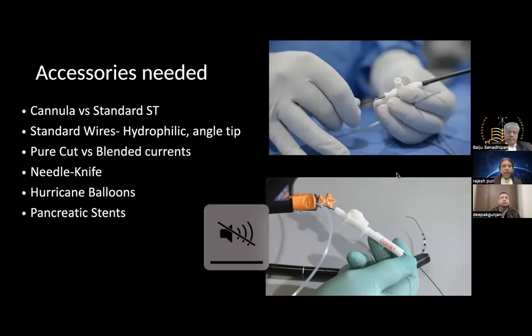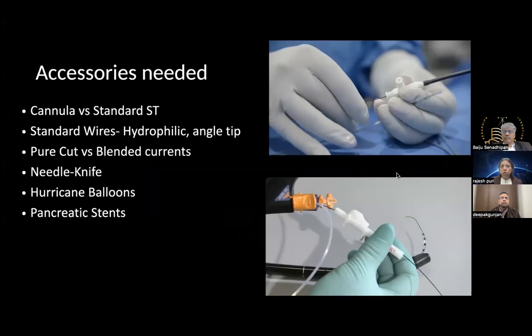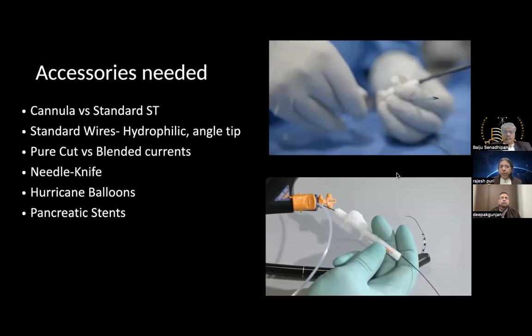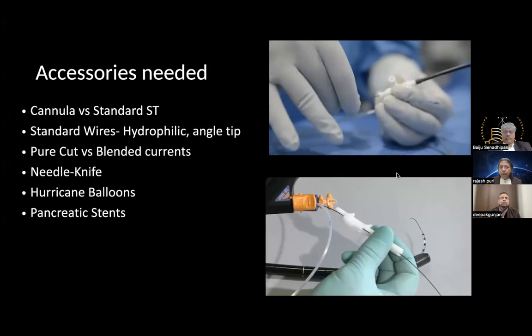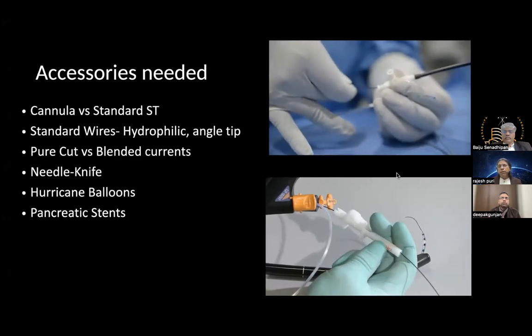Now, what is another important thing is, what accessories are required? Either you use the standard cannula or use the sphincterotome. Standard guide wire, I generally prefer an angle tip hydrophilic guide wire, which is very important. And you should learn the technique to manipulate. Either you use the device to manipulate the wire, or your technician rotates the wire with your hand. I think the rotation of the wire is very important, both across going through the stricture or negotiating into the